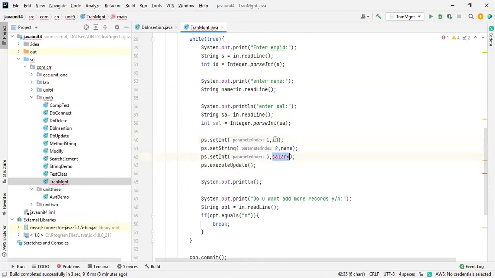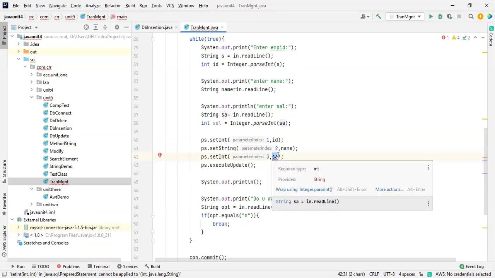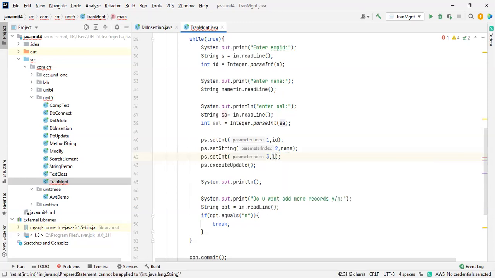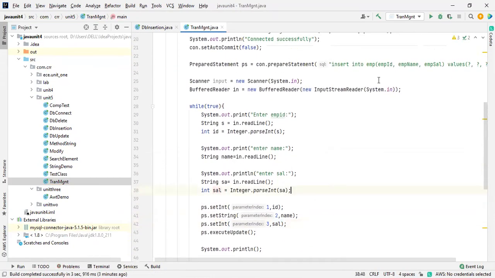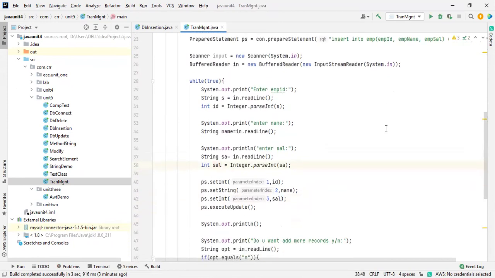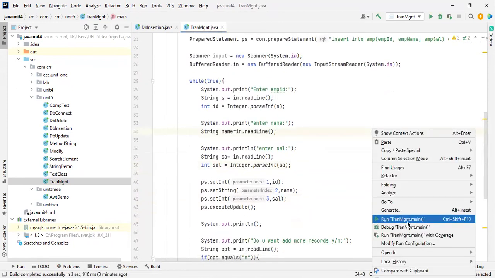The ID is correct and the name is also correct, and this is the salary. Execute update. How are we going to insert the data without it? It is not possible, right? Even I made a mistake with the salary. It's okay whether you take this or not, that doesn't matter. Let it be. I'm going to run the program again.